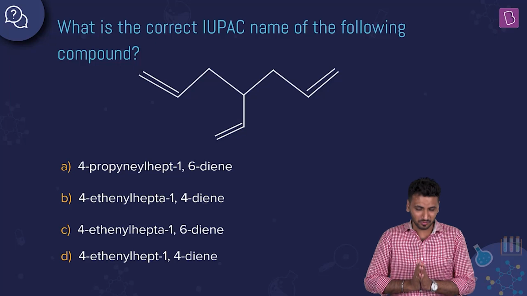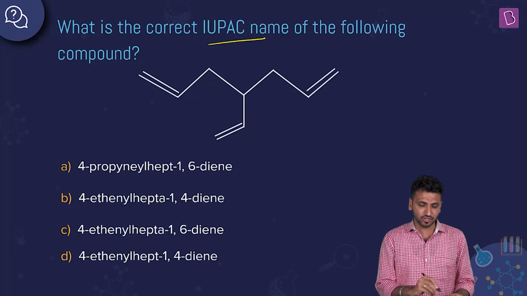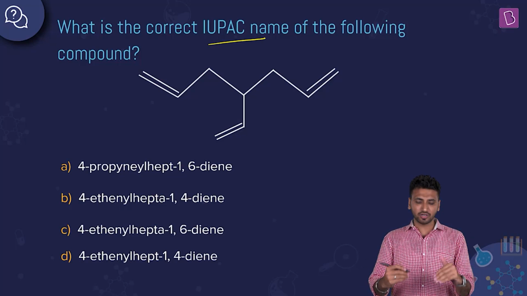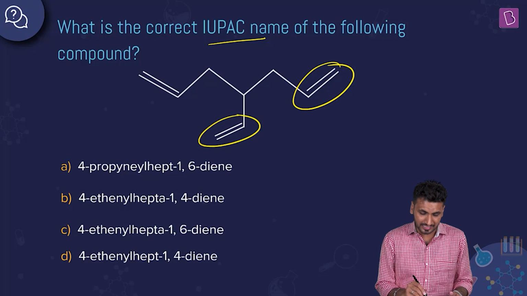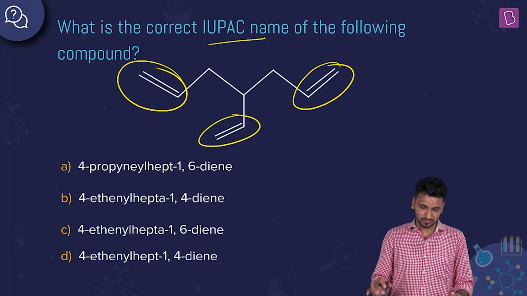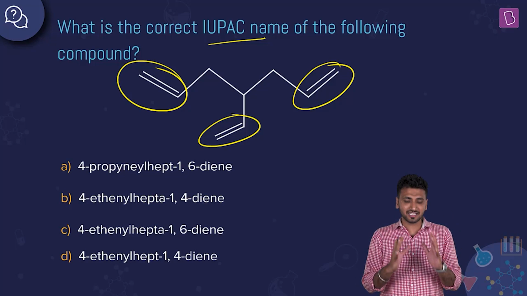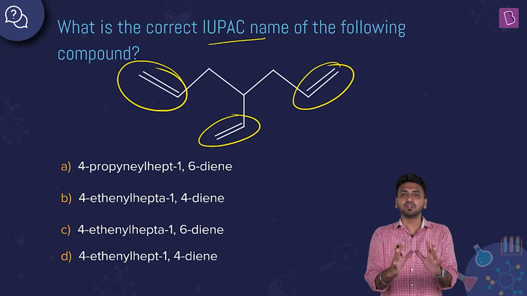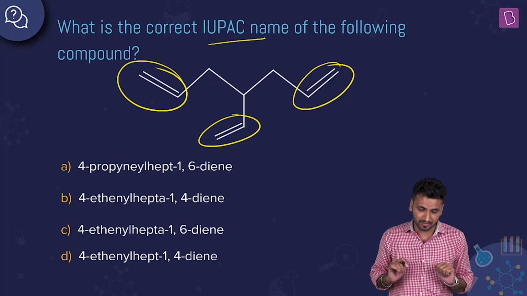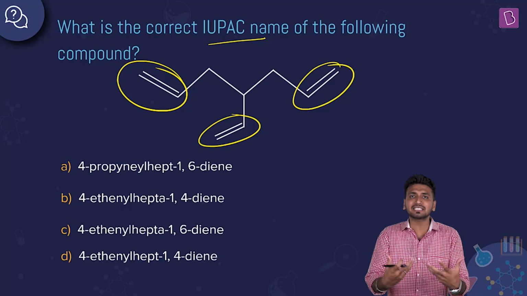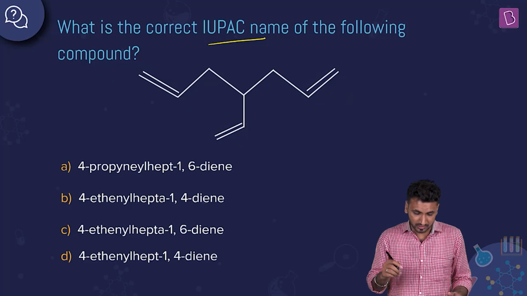Yeah, so here we have a question on IUPAC nomenclature, and let's do it together. What is the correct IUPAC name of the following compound? And there is a beautiful compound given to you. The moment I see this compound, I can observe that there are 3 double bonds in this compound, right? In the very first go, what I wish to do is try to accommodate all the 3 double bonds into the parent chain, which I see is not possible in this case, right? So I'll try to accommodate the maximum unsaturated part in my parent chain, right?